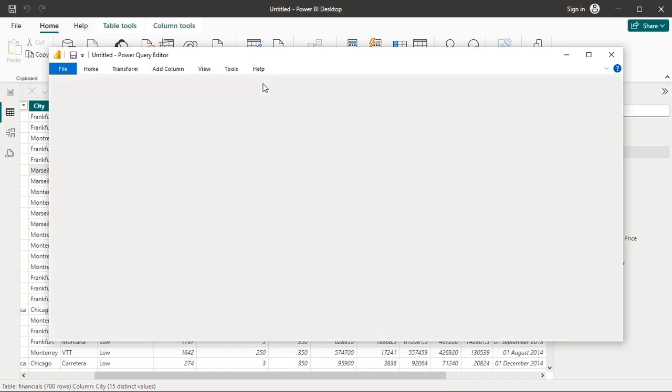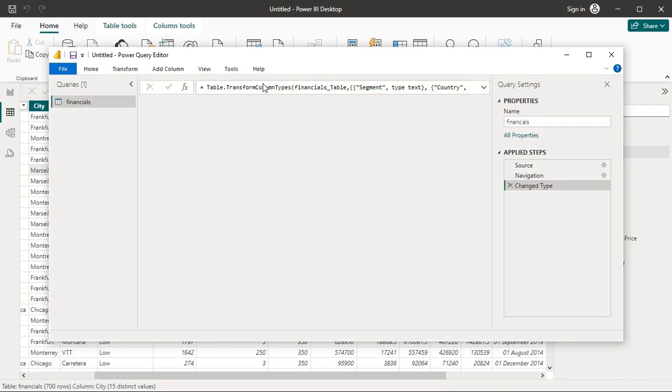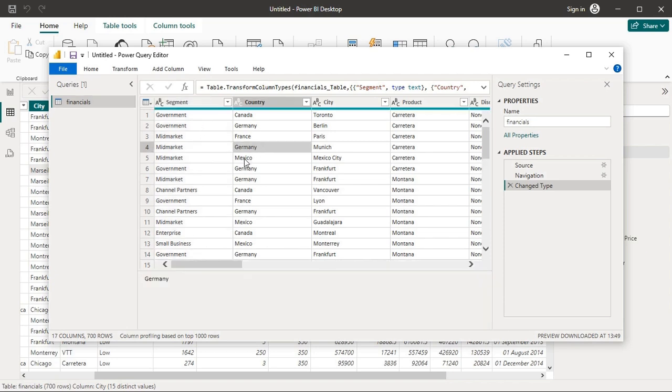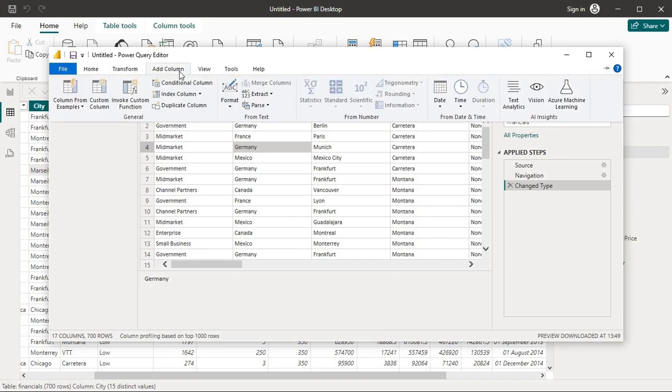In the Power Query editor, we can add more custom columns. For example, we create a custom column for total sales. So we click on add column on the top and select custom column.